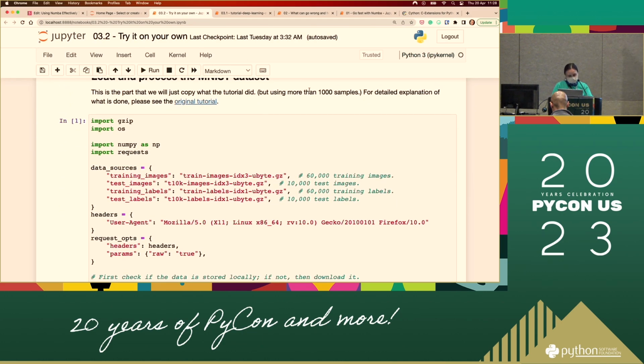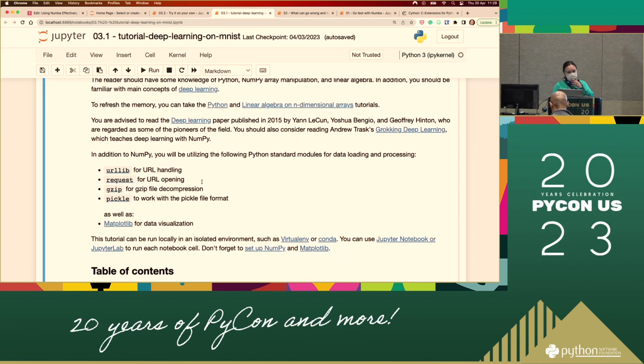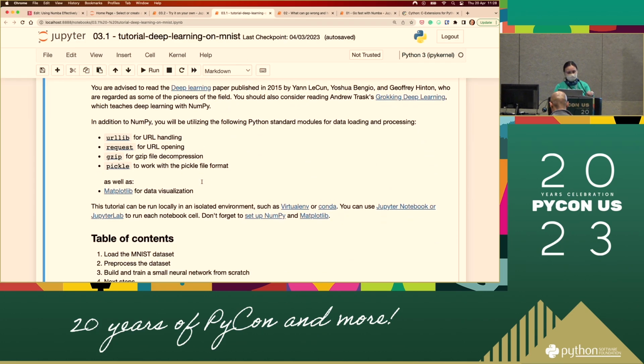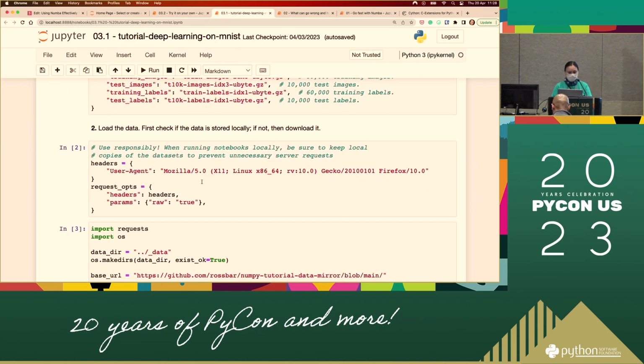In the original tutorial, if you have gone through it already, they use only 1,000 examples in their training. So it's very fast when you go through it because they only use a small sample size. Practically, when you train a more sophisticated neural network, you will want to use more pictures and images.